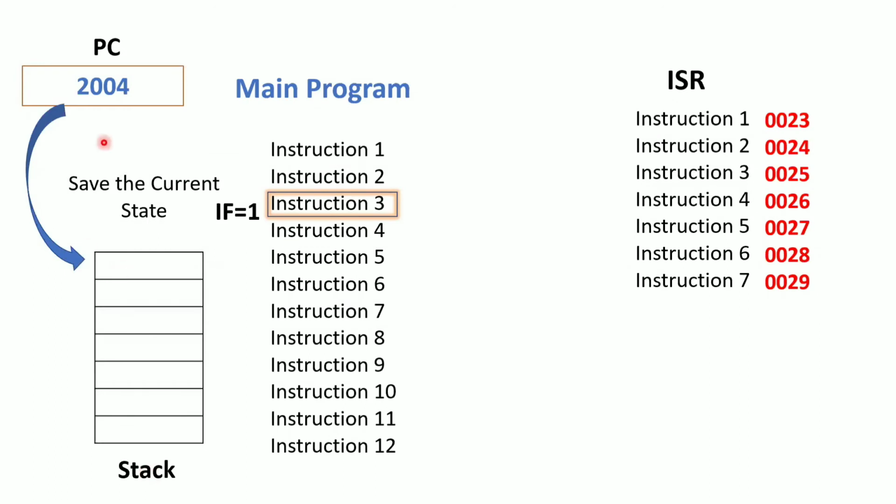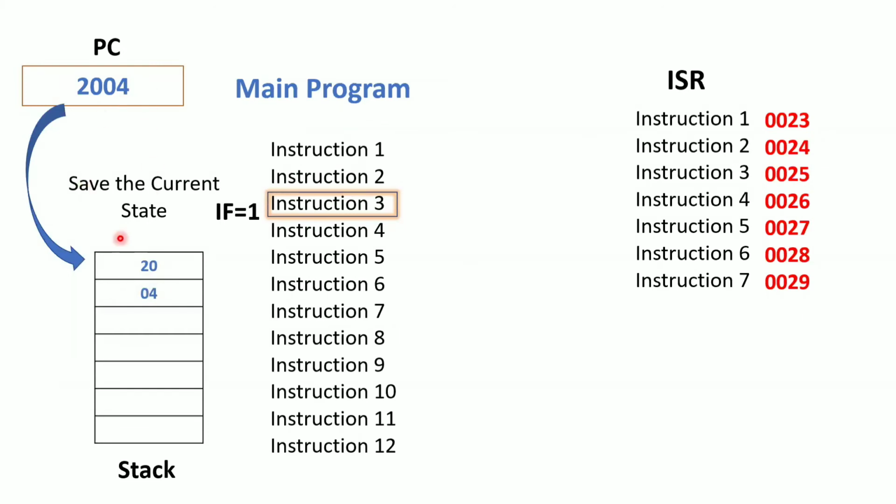Now whenever I want to store these addresses in the stack memory, what will happen? In which address locations will it store? It will take the top 2 address locations. Why top 2? Because the stack memory location size is 8-bit, each and every byte is 8-bit. Now the address is 16-bit. That's why the higher order byte, 20, is stored first, and the lower order byte, 04, will be stored in the next byte. The stack pointer always points to the topmost memory location, that is, the highest address. That's why the higher byte of the address is stored in the highest address and the next lower byte of the address is stored in the next lower address of your stack memory.